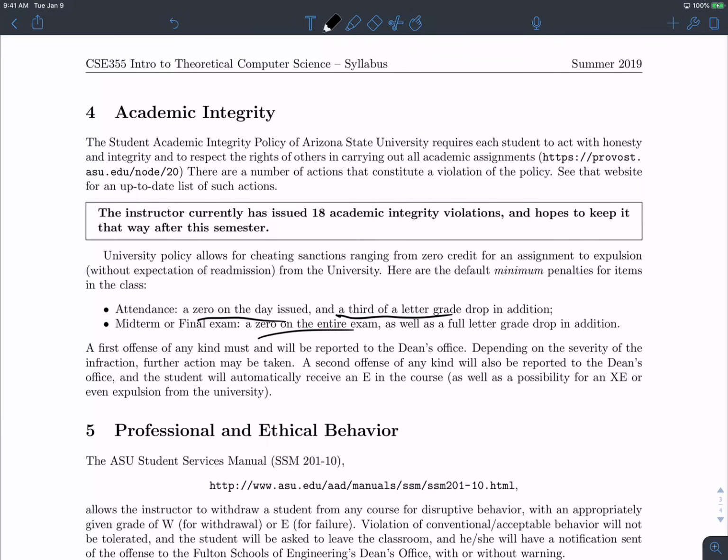So if you are to use something, I highly recommend you write it first, because whenever I take a test and I write something down on my cheat sheet, I don't even use the cheat sheet because I already know the material at that point. So writing things is a lot better, but you can type things if you want. You can use the same notes as another classmate if you want, whatever notes that you wish. You can't communicate with each other during it, obviously, but you can use whatever notes you wish.